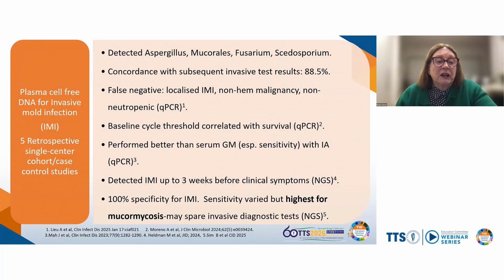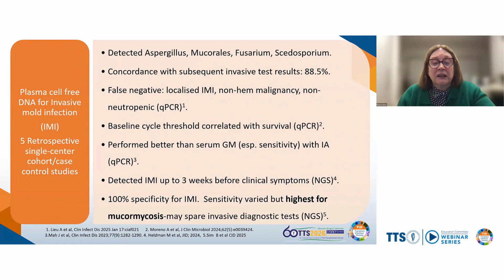Next slide. Others have also looked at DNA for diagnosing mucorales, and there are multiple studies out there in the literature. All of the ones that I'm presenting on this slide come from US centres, and the two approaches have been to use either a quantitative targeted PCR or whole genome sequencing. The last two studies, references 4 and 5, have used the whole genome sequencing approach. And actually, these studies are not purely restricted to mucorales. They look at Aspergillus, mucorales, Fusarium, and Scedosporium diagnosis.